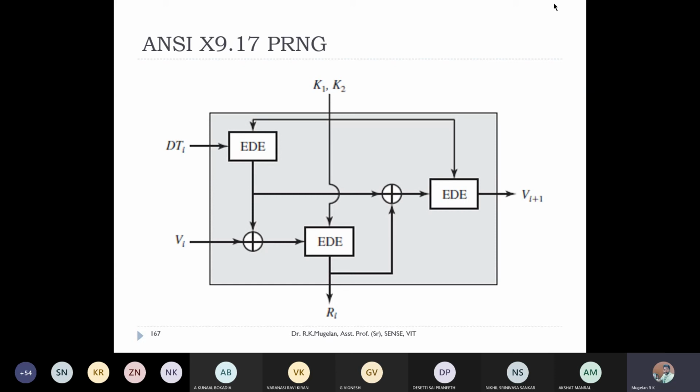And this is a clearer version of this one. If you want to write it mathematically, how will the output be? The output Ri is nothing but EDE of K1, K2, in combination with the seed value Vi, which is XORed with the output of the EDE of the date and time DTi, and this is given as input to the outer EDE. So I can write the output Ri as EDE of K1 comma K2, applied to Vi XOR with